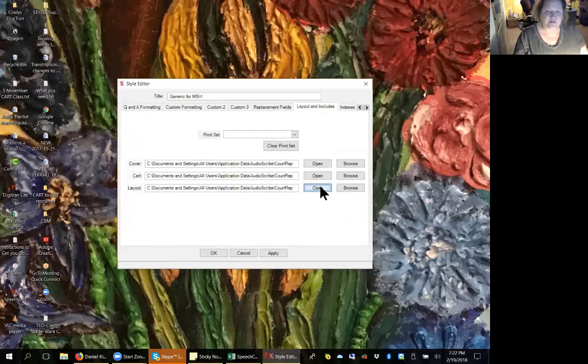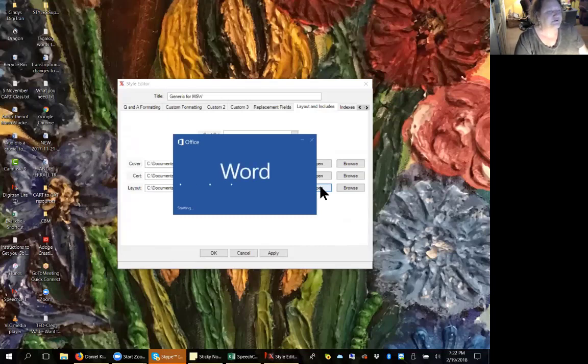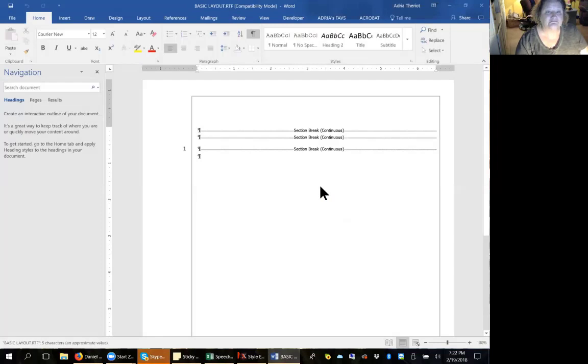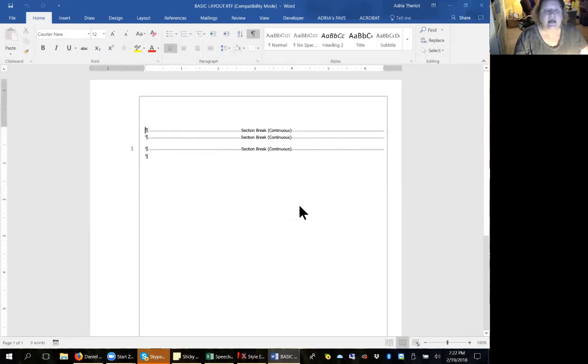Now I'm going to open the layout. It's important that you understand that if you're using Microsoft Word, you are always going to have a layout. Your layout will be different from one style to another. If you have, say, different footers, if you have a different number of sections, and for those of you who are not familiar,